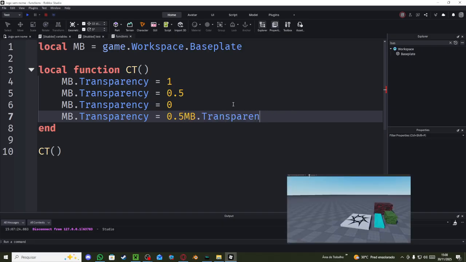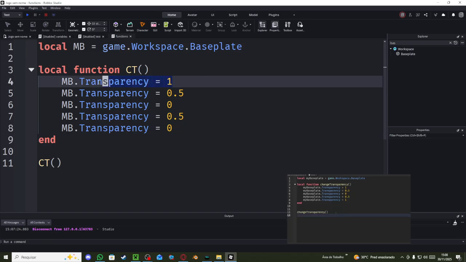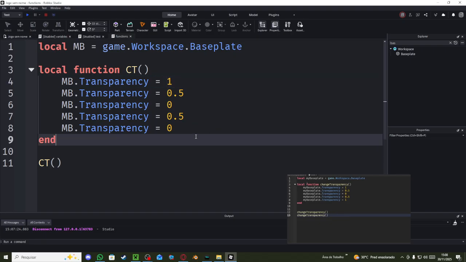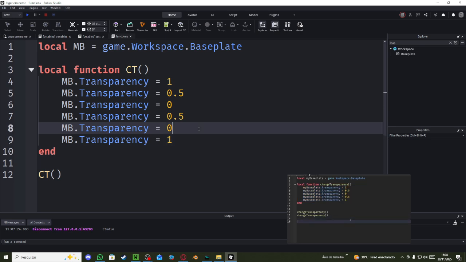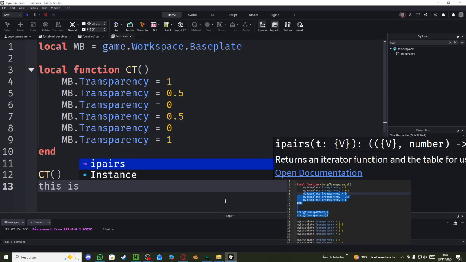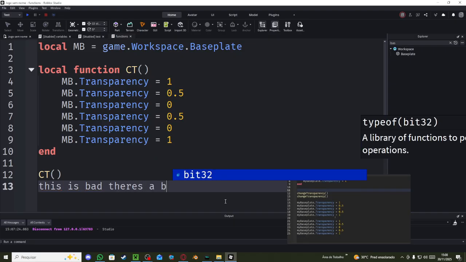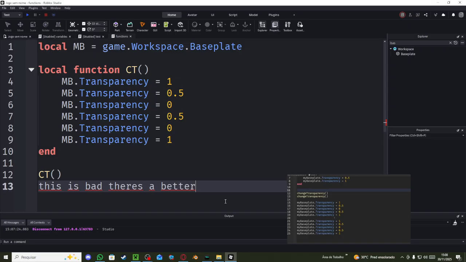So now we can basically repeatedly call the same change transparency function by going down here and typing change transparency just like this, and it'll basically act the same way as if we were to copy these 5 lines of code, drop 2 lines, and then do it just like this. So this is the equivalent of this over here. And this is a much better way of writing our scripts, and it's definitely going to help us with code organization and optimization for the future when we work on more complicated scripts.